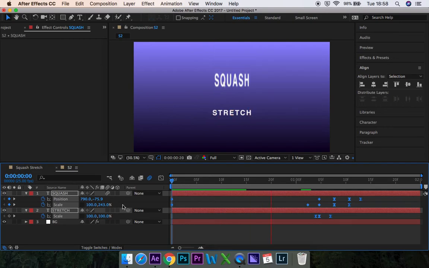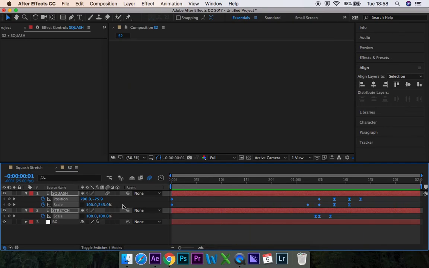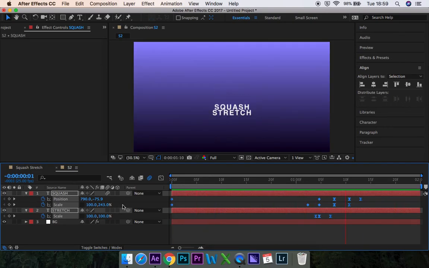And by doing this, selecting all of them and dragging, what you're doing is you're telling After Effects to move them all in sync, so you're not losing any settings and you don't have to move each keyframe individually and match them all back up. So it's getting a bit quicker,